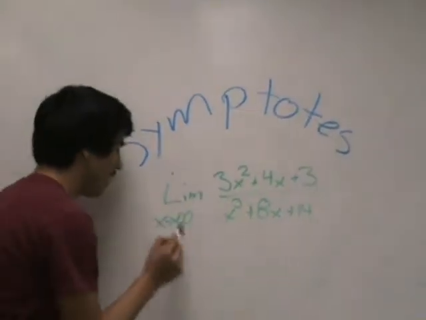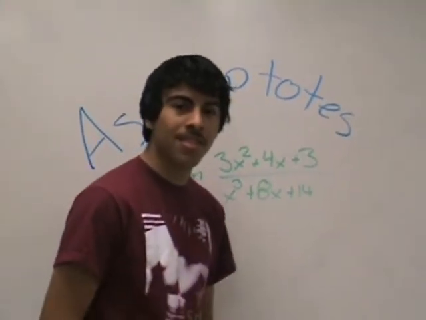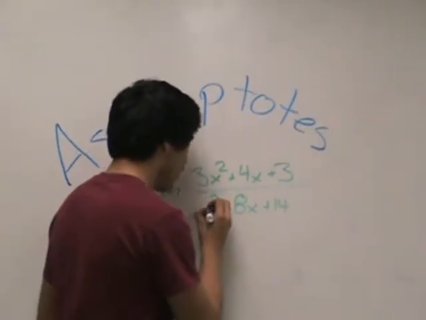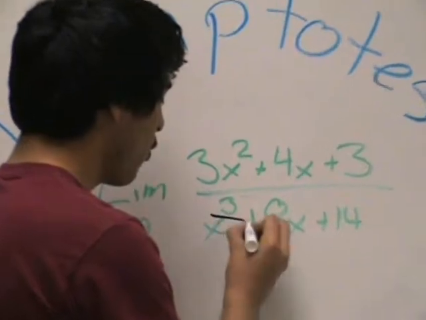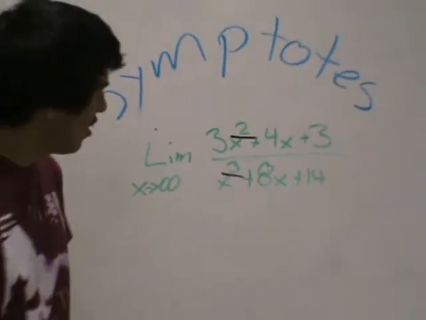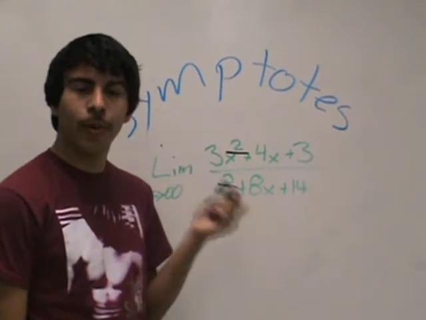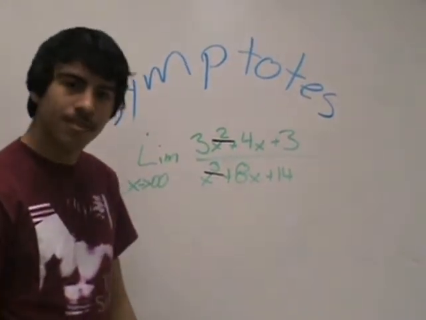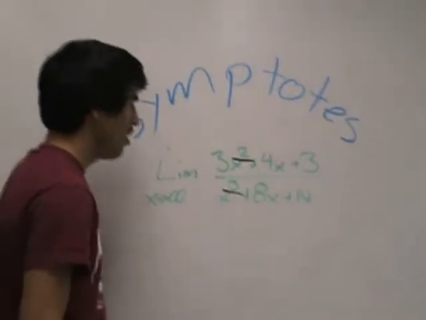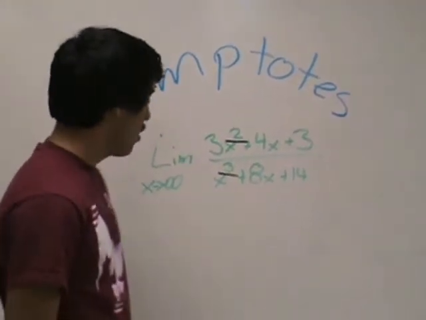This limit is going to infinity. So what should we look at first, you guys? The degrees. What's the highest degree down here? 3. Highest degree of the numerator? 2. 2 is greater than 1, you guys. So, which degree is higher? Greater. The numerator or the denominator? The denominator. In that case, since the degree of the denominator is greater than the degree of the numerator, then